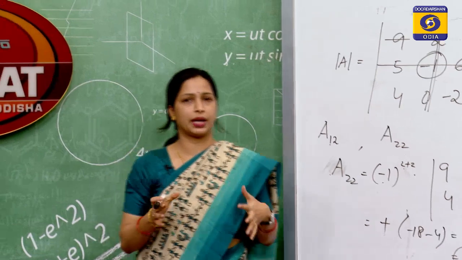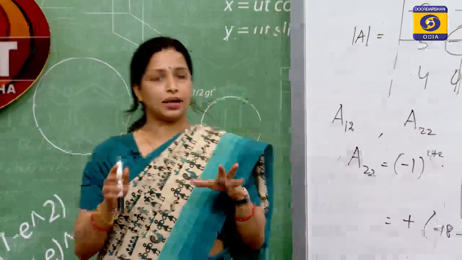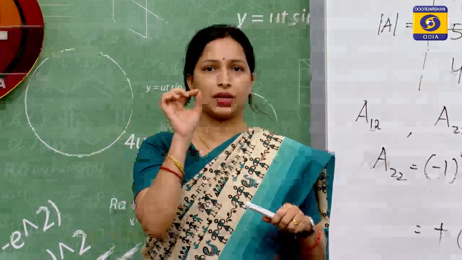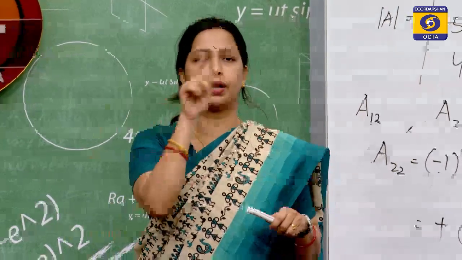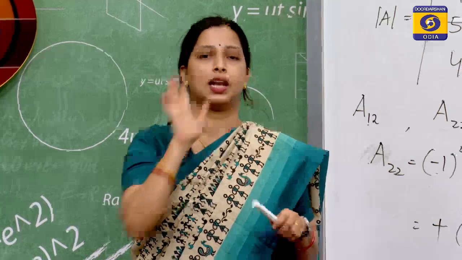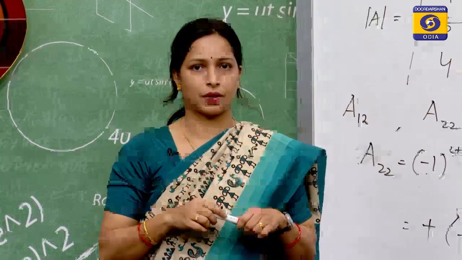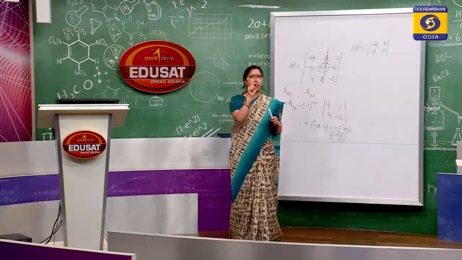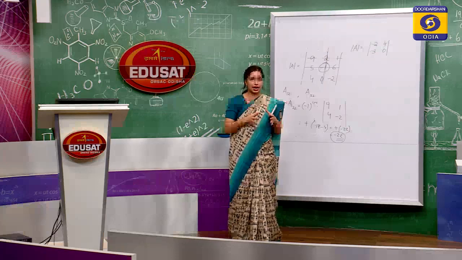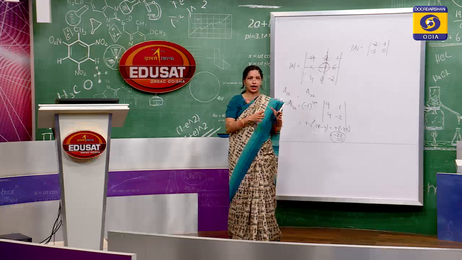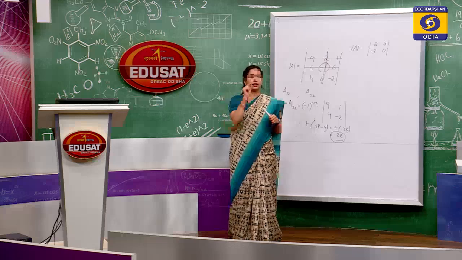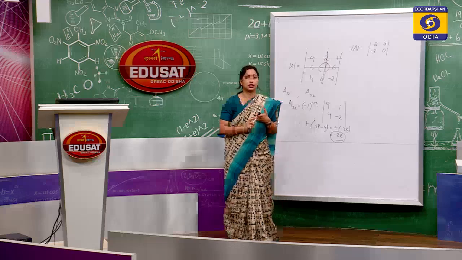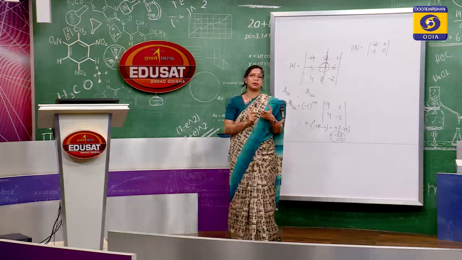So, let us do a quick recap. The minor of an element is basically the determinant that we get by deleting the row and the column in which the considered element is present, right. Now, the difference between minor and cofactor is that minor does not take into consideration the signs before the value, but in cofactor the positional signs hold importance. That means you have to take into consideration the position in which the element exists.